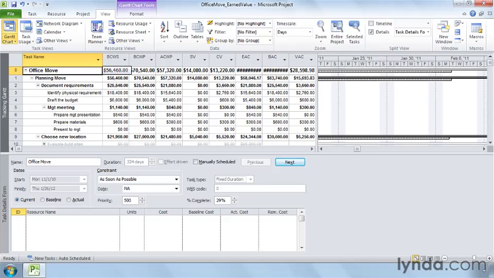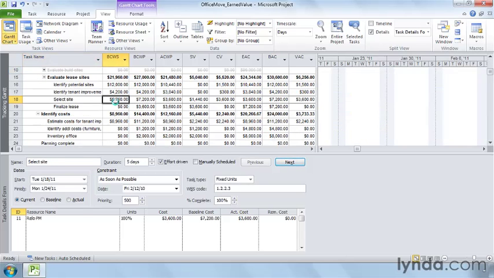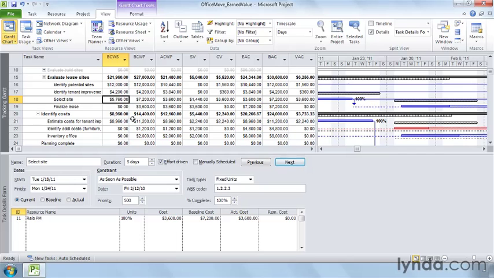The first earned value column has a title of BCWS. That stands for Budgeted Cost of Work Scheduled, and it's also known as the planned cost for scheduled work. In plain English, that means it's how much you plan to spend on the work scheduled through the status date. And how much you plan to spend on the work scheduled is nothing more than the baseline cost for the work scheduled. Let's look at the Select Site task. The BCWS value for Select Site is $5,760. That means that through the status date, February 10th, you plan to spend that money on selecting the site